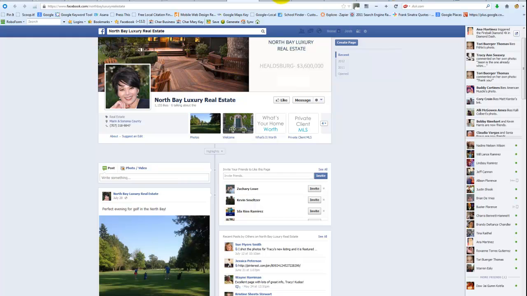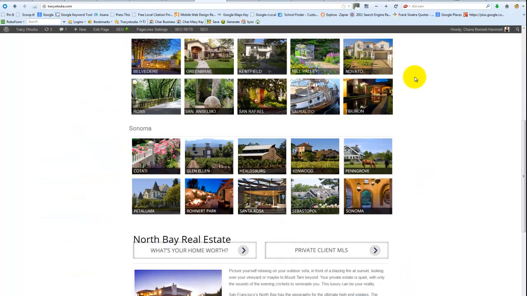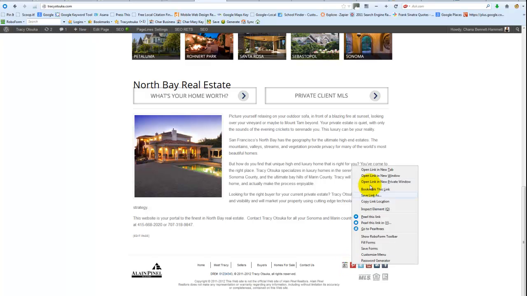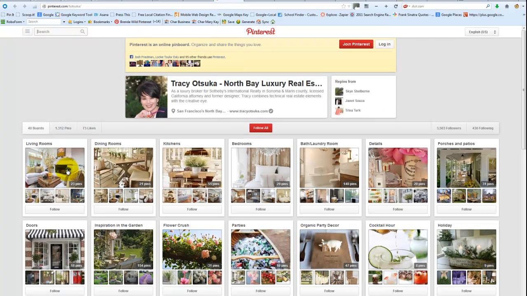And when it comes to Pinterest, this is great because when you post that to Pinterest, it's going to show up on your Pinterest page. And what's going to happen is people are going to automatically want to repost it, because how many people are looking for outdoor garden fountain ideas? So when you come here and it automatically posts it, you have all these great different boards that you could be posting to. So maybe you have one for Petaluma and the fountain goes to that one. And then somebody who's here looking for outdoor fountains,